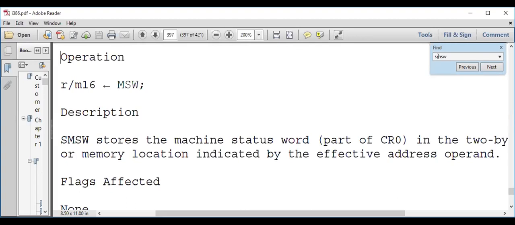That is the easiest way to become familiar with these instructions. From a syllabus point of view, you need to go through this anyhow, but I'm giving this specifically for those who want to work in this area. As I told you, there is a good future for those who want to work in security, whether cyber security, internet security, or network security. For them it is one of the aspects.